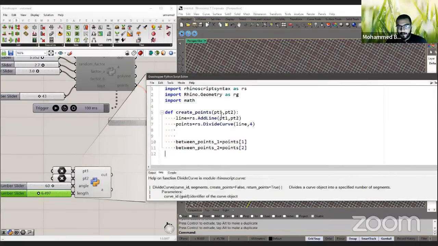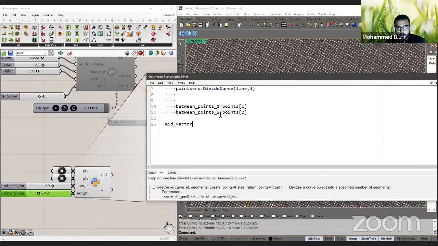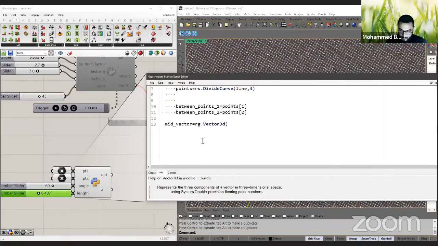Okay, and we want a mid vector. Okay, and we want a mid vector, rg.Vector3D, Vector3D,